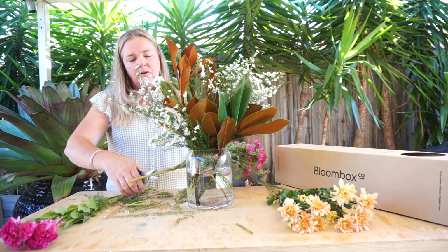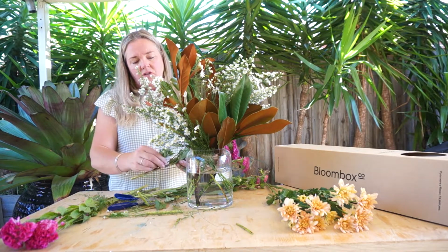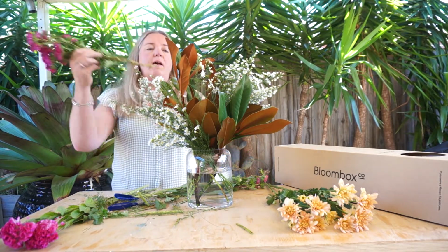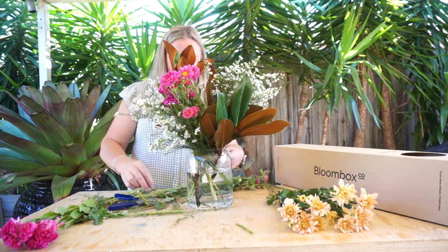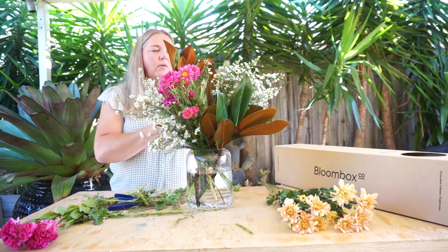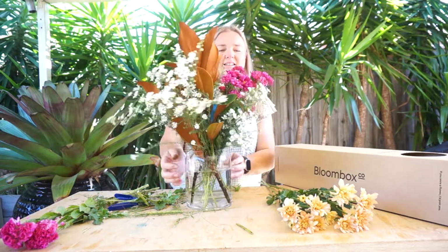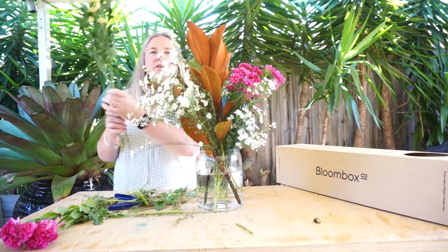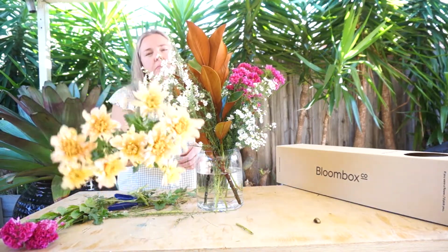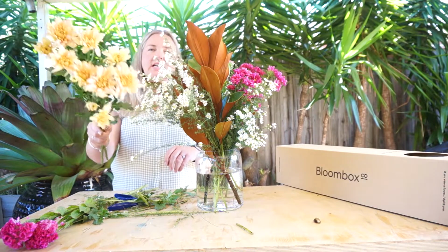Again, you need to take both of your stems, give them a nice trim, and then just gently pull down on any of the foliage that's going to be in that water level. Giving it a little twist as you enter it into the vase, and there you have it. Position it where you feel you need to fill a little void. We're going to now work with the chrysanthemums, which have a very similar fullness appearance to the asters that we've just positioned in, but these are obviously a contrasting colour,